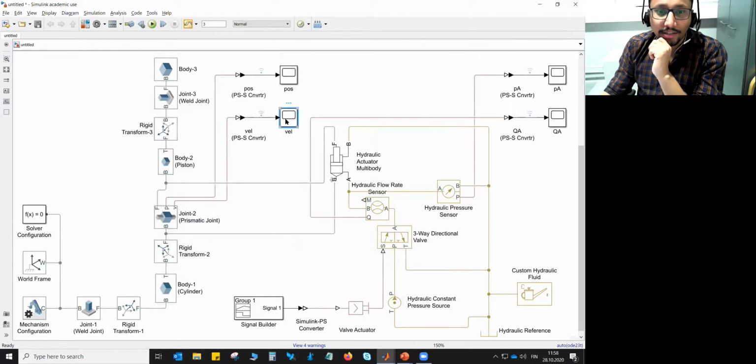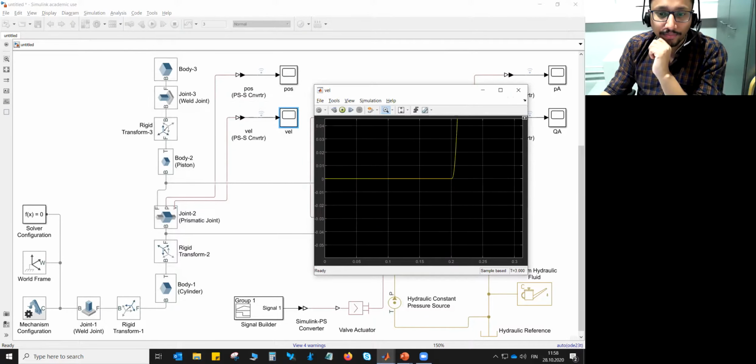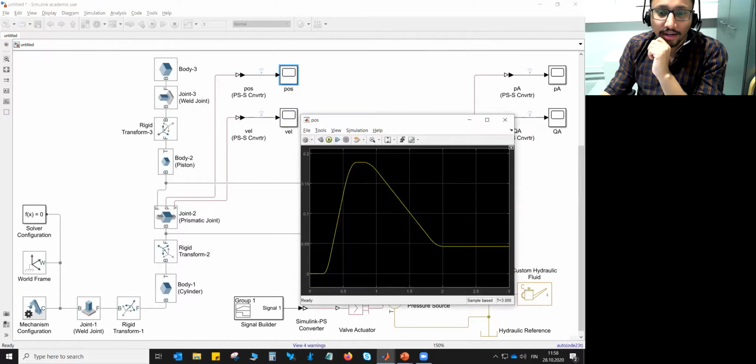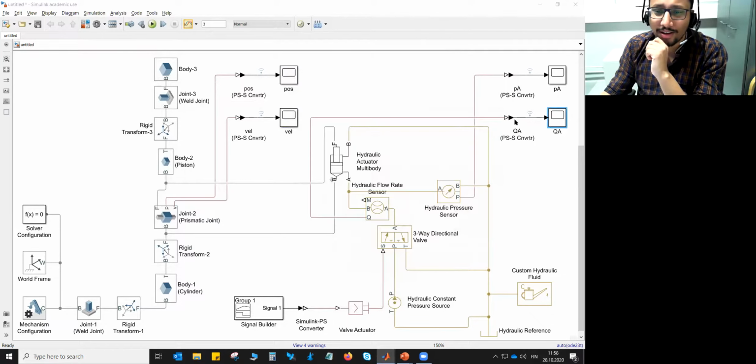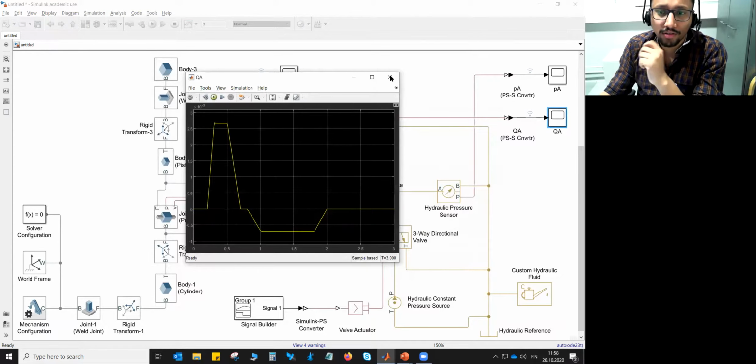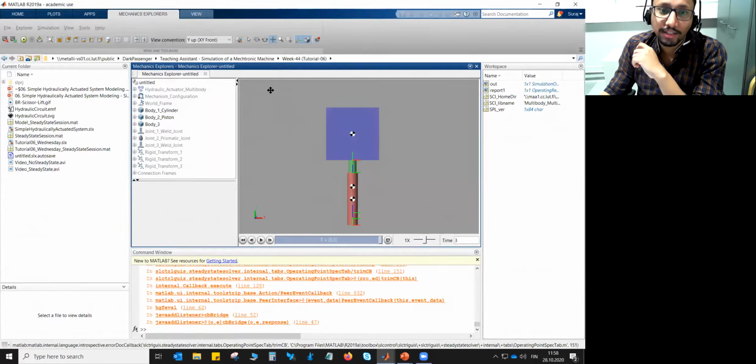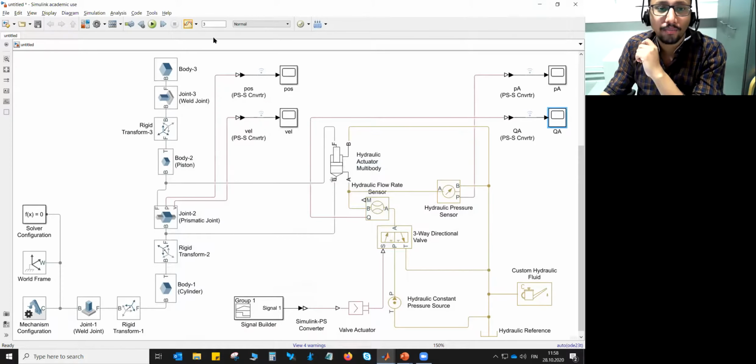The same thing can be seen in this velocity plot, correct? Whereas the position and volume flow rate will not make much of a difference because they were not making such a loud oscillation, but it's fine. If you see the animation, you can't see any difference, to be honest. It will still remain the same, but the differences can be seen on the plot. If you go to the data inspector,